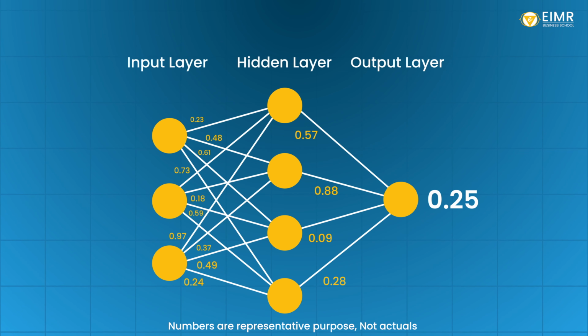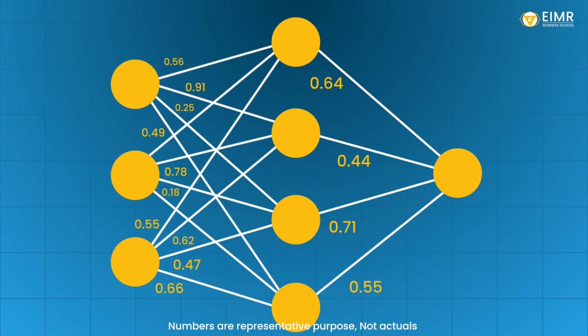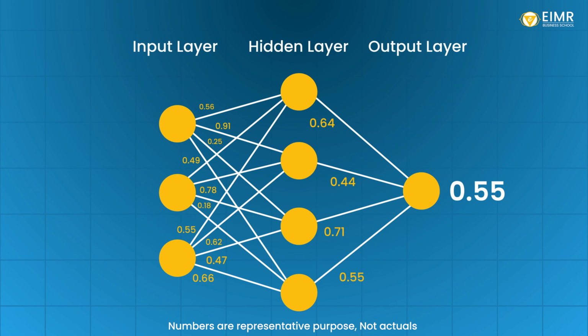At the output layer, the output is compared with what it should be. If it is not very near to that, then a correction happens within the layers, and the correction happens through weights. All the neurons are connected to each other, and this way a network is formed, and all connections have some numbers which we call weights. These weights are updated, which we call the model learning. When the optimized weights are achieved, we say the model has learned the subject. So this is the way a neural network works.